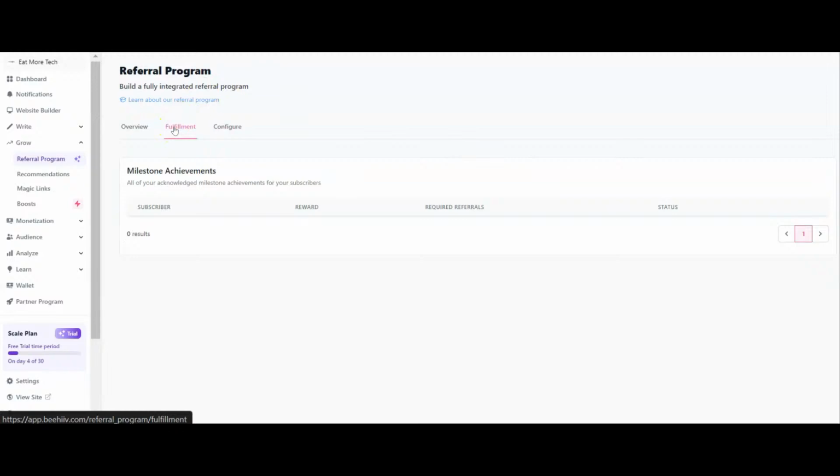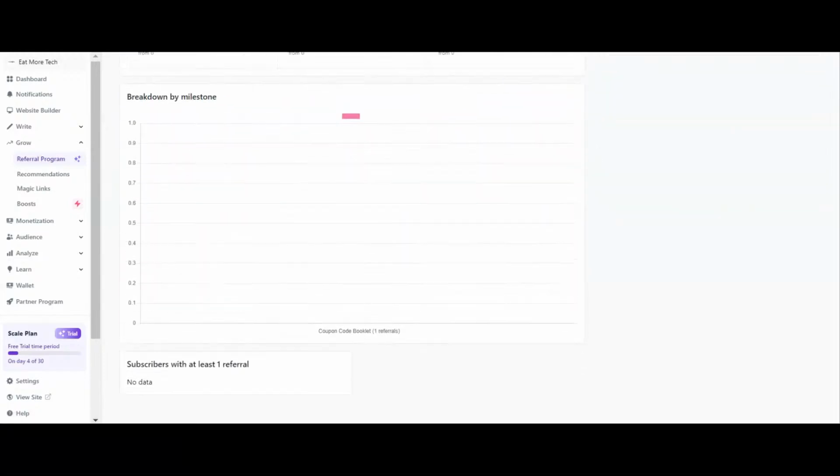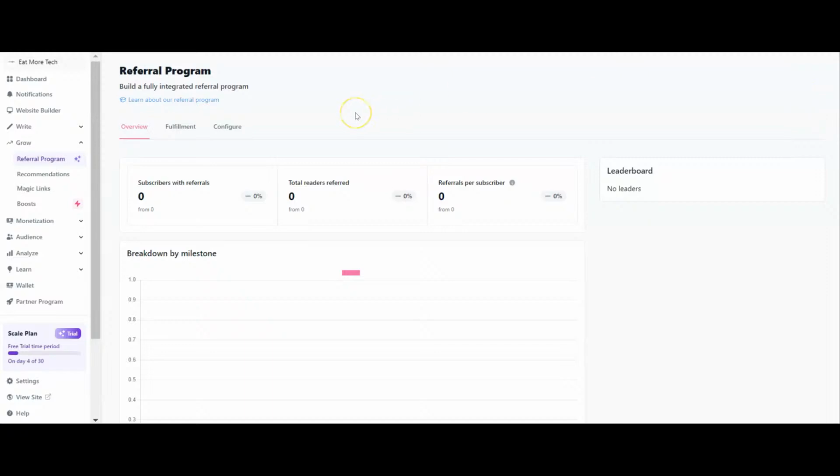Then as people work through, they'll go into the fulfillment. We'll start to see those come up. And then we've got the overview as well, which will give us an overview of exactly what is going on and how successful our referral program is. And this is really useful because if you send out 5 or 6 newsletters and nobody is interested, then that tells you that your referral program isn't working,